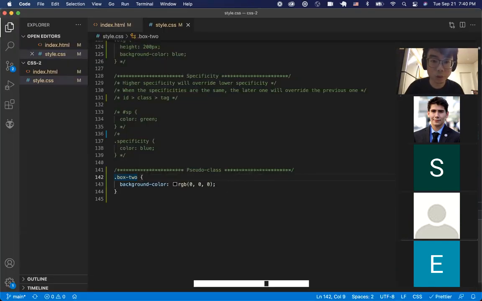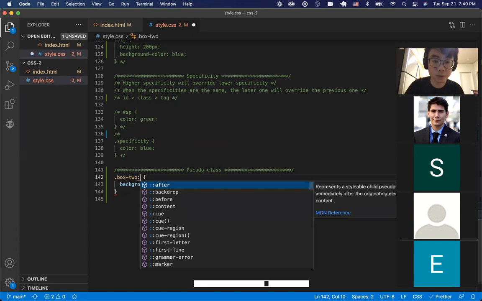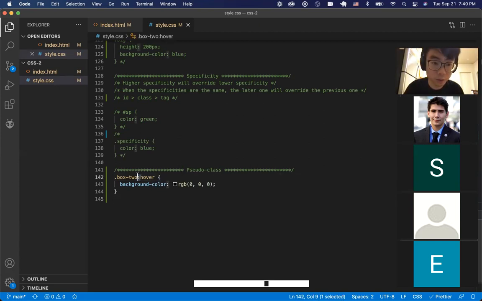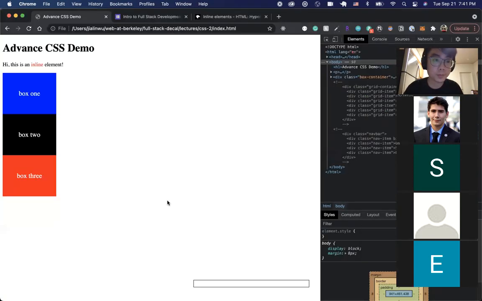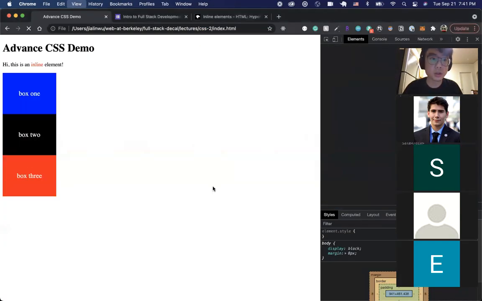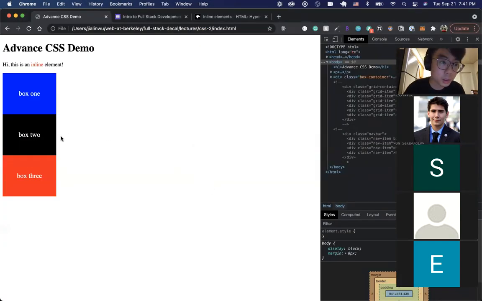So what we are going to do is use this colon and use hover. This colon here is essentially an indication of the pseudo class. And if you apply hover after it, and let's change this to green, hit refresh. So when the cursor,